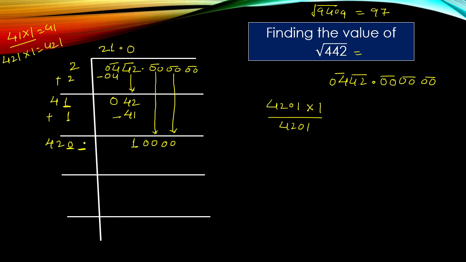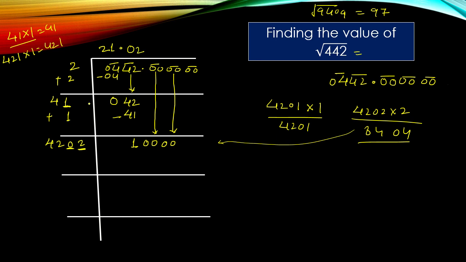So now we change it, and put 2 here. So 4202 multiplied by the same digit 2, 2 times 4 is 8, 0, 4, 8. So we get 8404. Now we can say 8404 is close to 10,000. If we put 3 here, we would get a number more than 10,000, so we are going with that 8404. So if we put 2 here, the number becomes 4202 multiplied by 2.